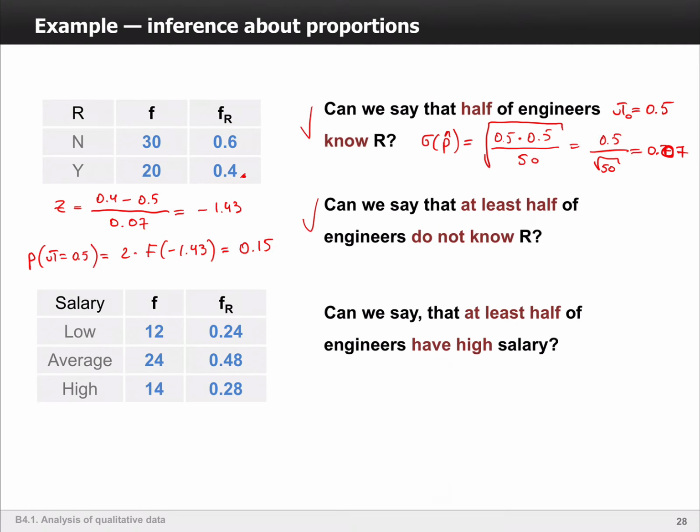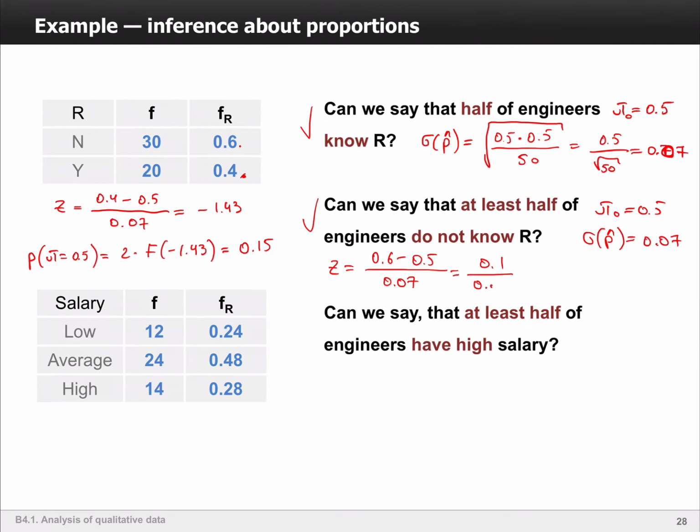In this case, again, pi 0 is 0.5, and we know that sigma depends only on the proportion of our population and on the sample size, so sigma will be the same in this case. The standard error will be the same, 0.07. Now we can calculate the z-value. The proportion of engineers who don't know R in our sample is 0.6. So we take 0.6 minus 0.5 and then divide it by 0.07, which is 0.1